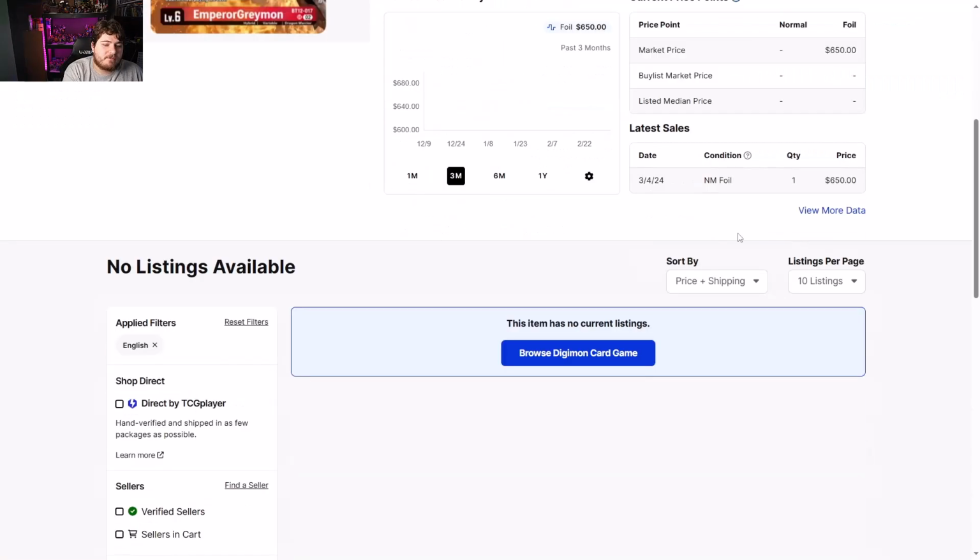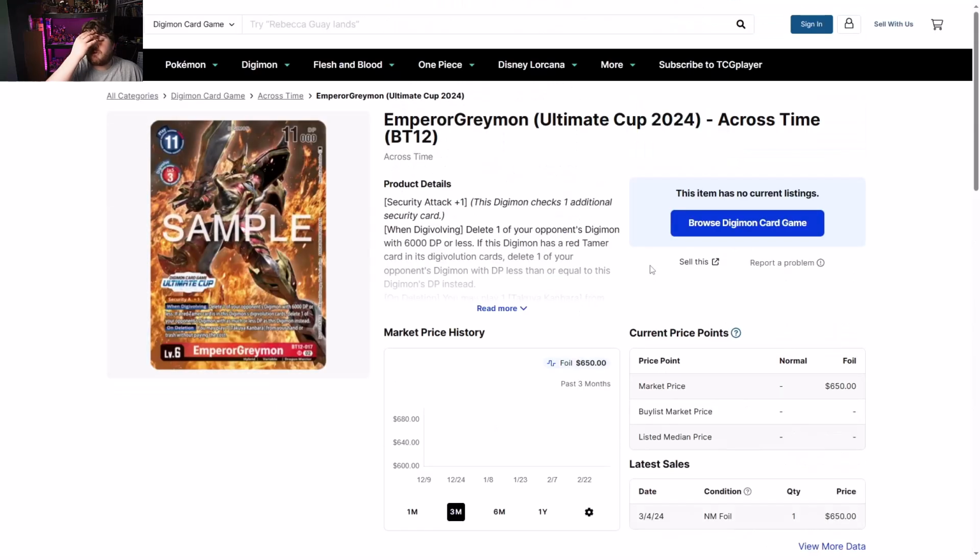Emperor Greymon Ultimate Cup, big boy, sold for $650. I'm going to give you a fair warning: do not get ready to just think about flipping these just yet. Wait till the BT18 reveals start coming in, because we know there's going to be hybrid shenanigans. Those things are very important to keep an eye on. The first wave usually makes you good money on these ultimate cups, but by the time you get to the 5th wave, it's going to get a lot harder to keep the momentum of the